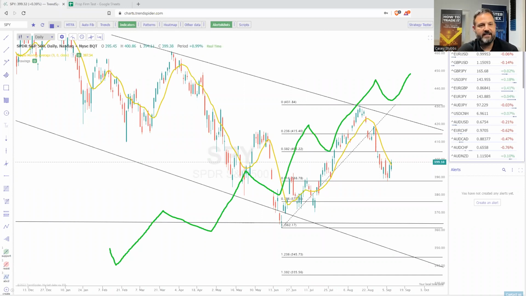And not only does it increase our probability, but it helps us find bigger winners. So one of the stocks that I have been looking at recently and been trading would be this one,